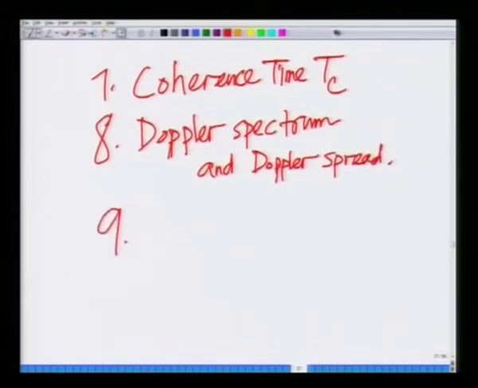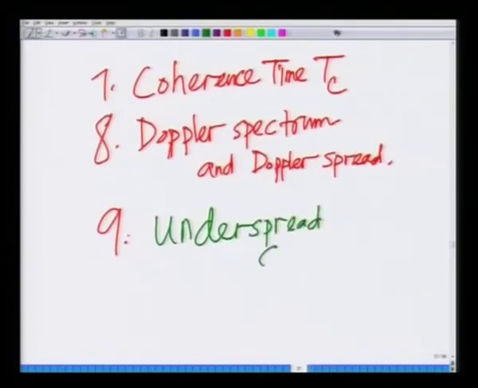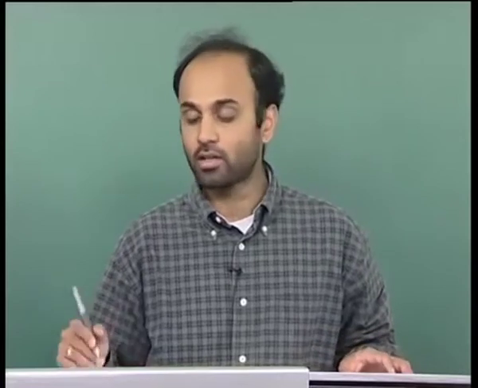and then finally, the last concept today, we looked at underspread channels, that is, channels whose delay spread is much smaller than the coherence time are known as underspread channels. These are the topics that we looked at today. This completes our second module on understanding the properties of the wireless channel, characterization of the properties of the wireless